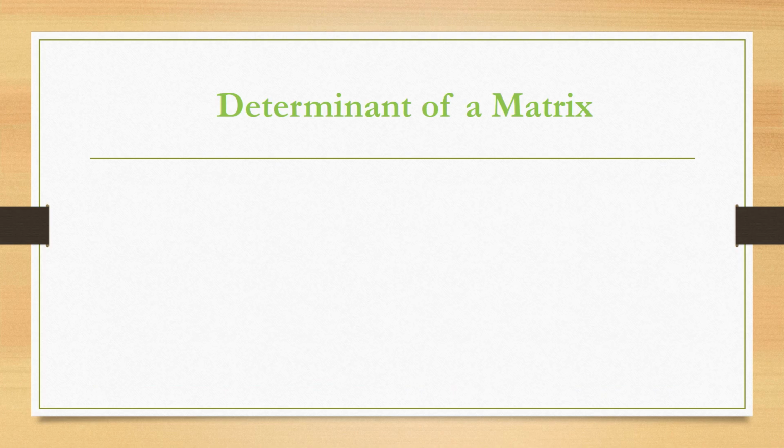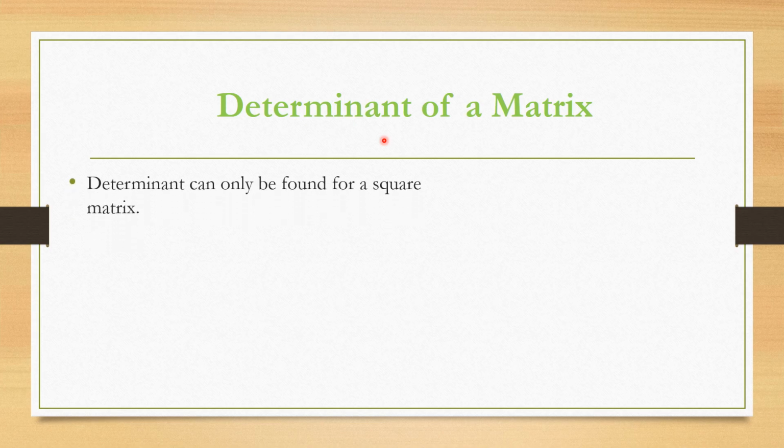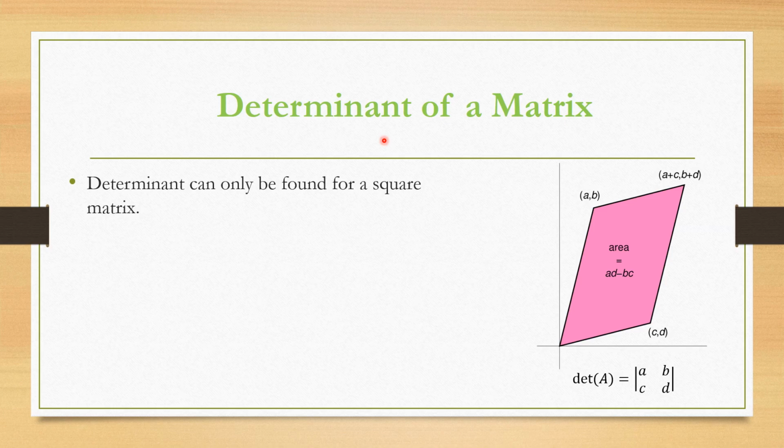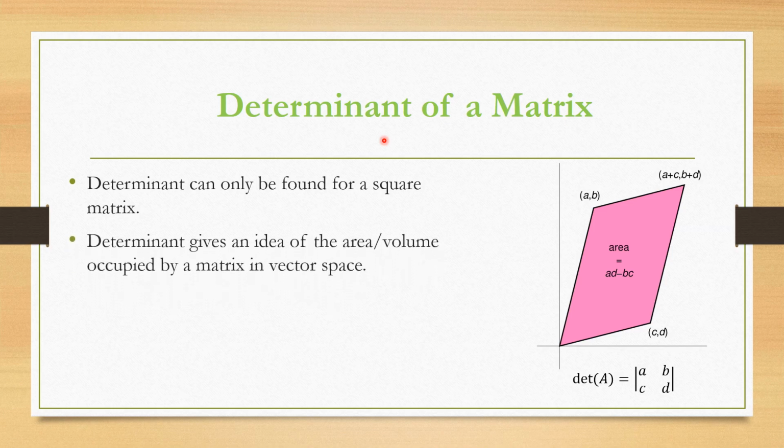Determinant of a matrix. Determinant tells us whether the rows or columns of a matrix are dependent on each other or not. In other words, determinant tells us whether the information stored in the array is redundant or not. As we know, the matrix is a linear transformation. The determinant of the transformation matrix gives the factor by which the transformation changes any area or volume.